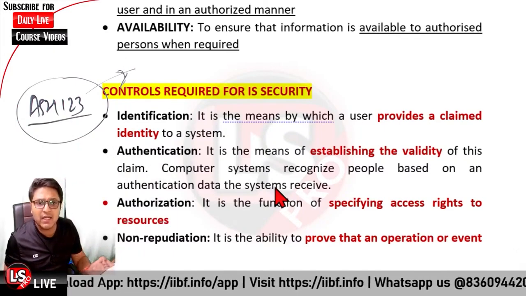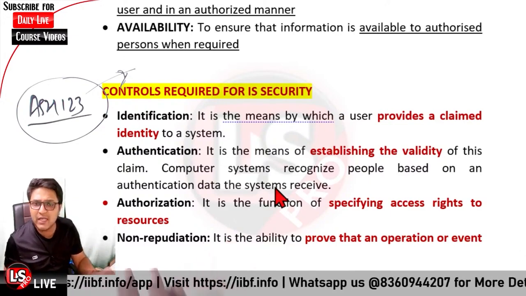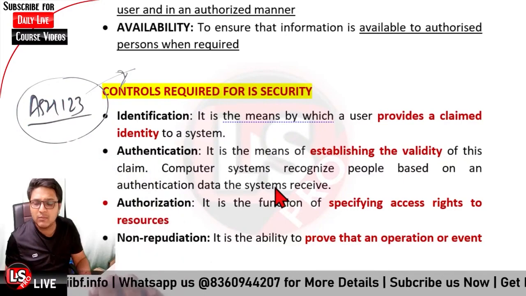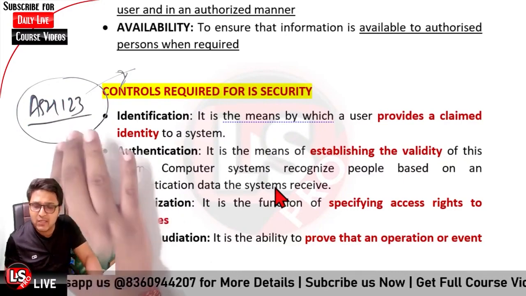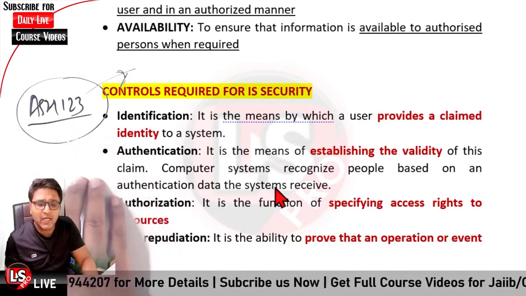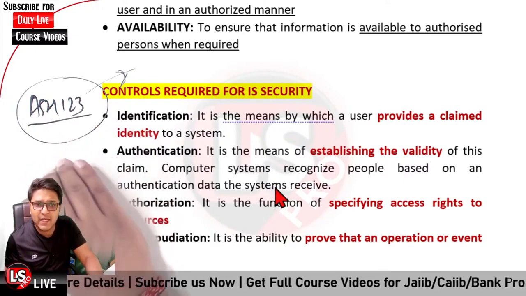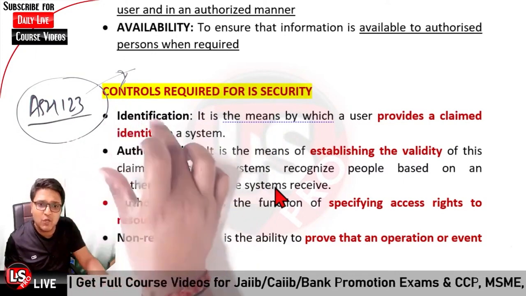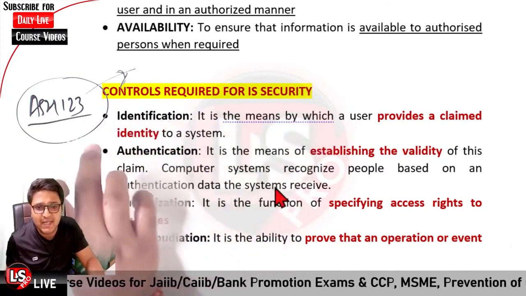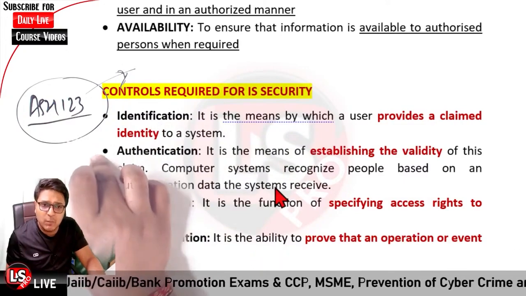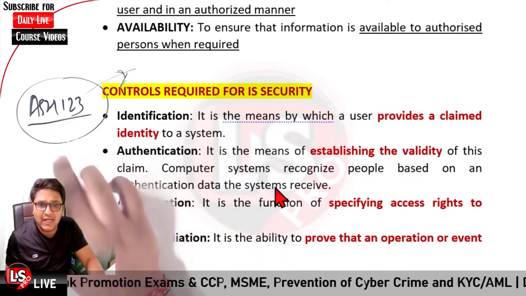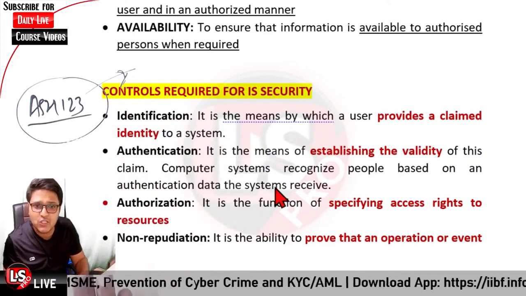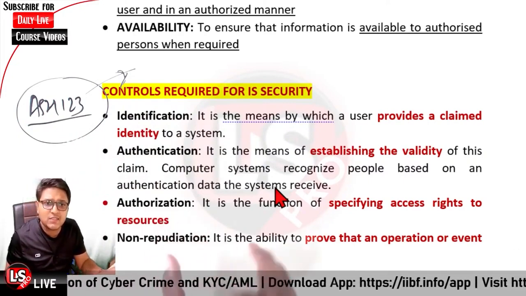Then it is regarding the authentication. How will the system authenticate that only and only that person has access to that particular user ID? It could be by way of biometrics, or by way of some password. The computer system will recognize the person based upon the authentication data available. If the user has set a password for the user ID and he enters it, it is assumed that he has accessed that ID, because the password is to be kept confidential with himself only.